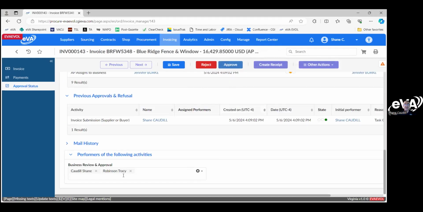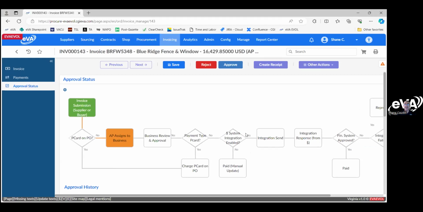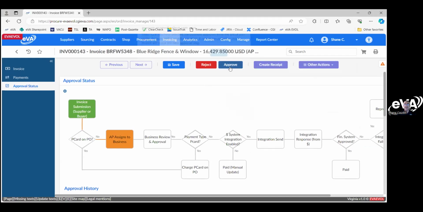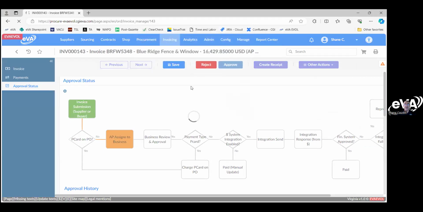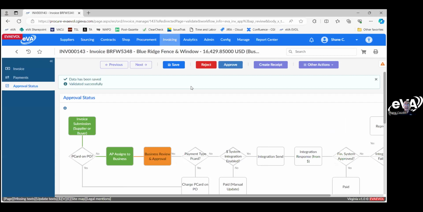So I'm going to go ahead and I can do multiples. I could have 20 users in here if I wanted to. So I'm going to move this to myself and Tracy, and all I do at this point is approve. You get a little warning message: make sure you have selected the business approver. And then that will move this invoice from AP to the business approver. Again, I'm in as an admin, and you'll see the status changes to business